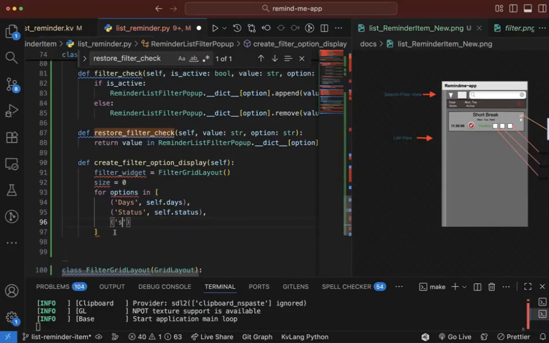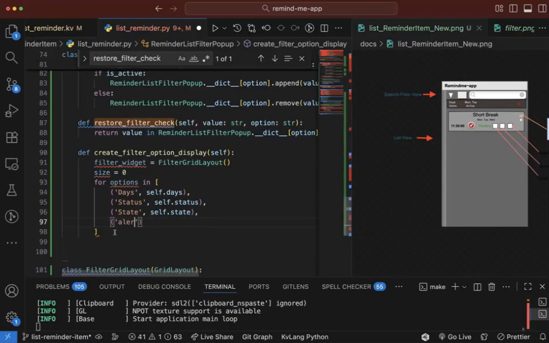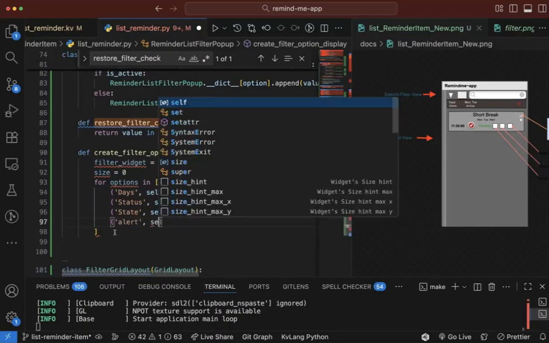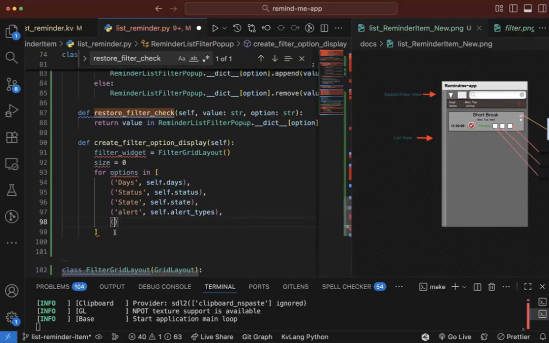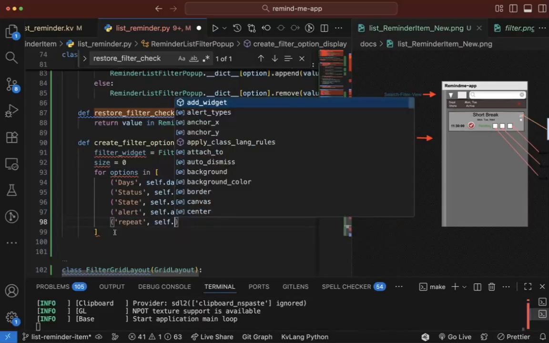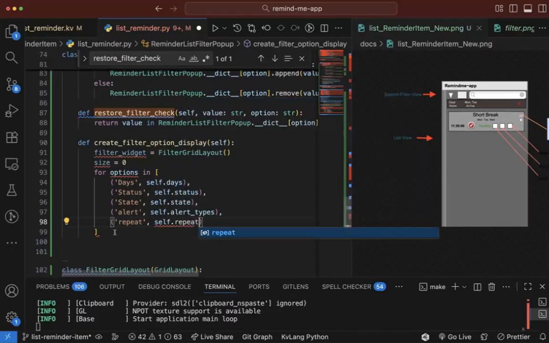Here we're going to have state, serve.state. Here we have alert, let's call it alert, serve.alert types, and the last one repeats, serve.repeats. Okay,